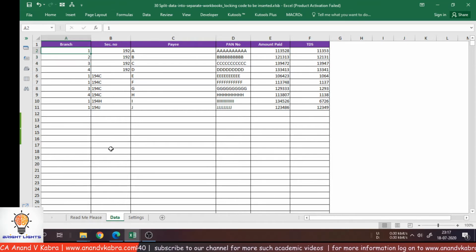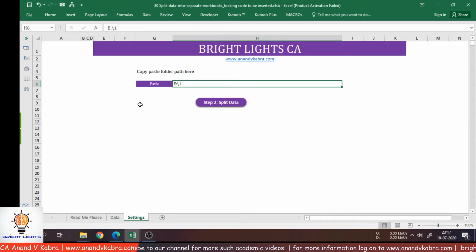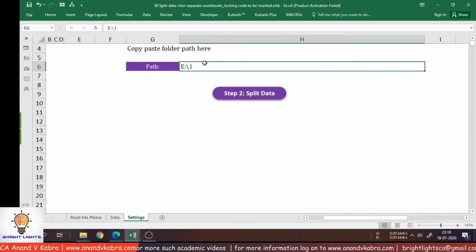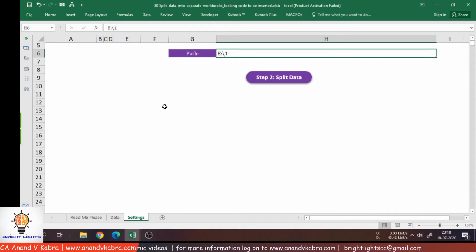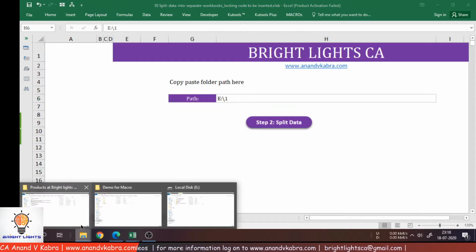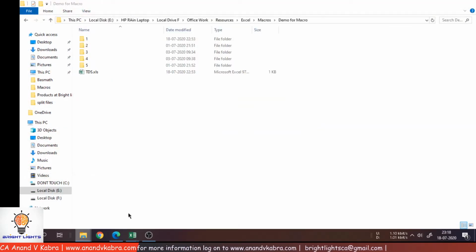Now once you're done with the copy pasting work, come down to the settings tab. Over here, this is a very simple tab. Here in front of path, you need to give the path of the folder where you want to keep the new files that will be generated. So I'm taking a new path over here.